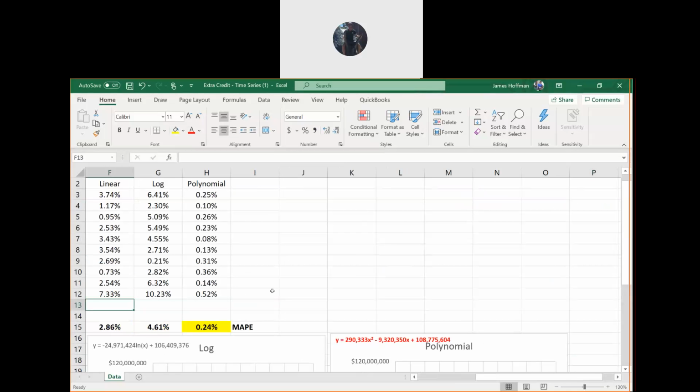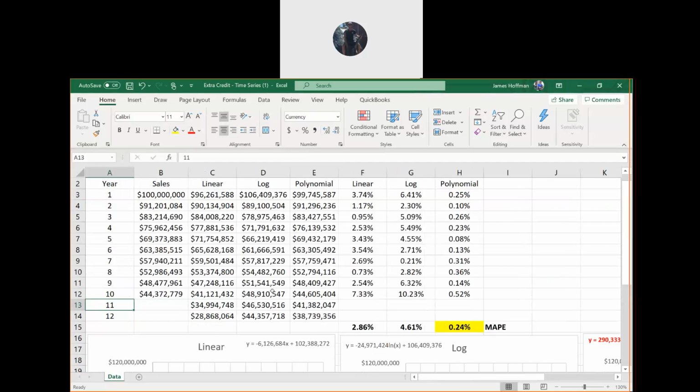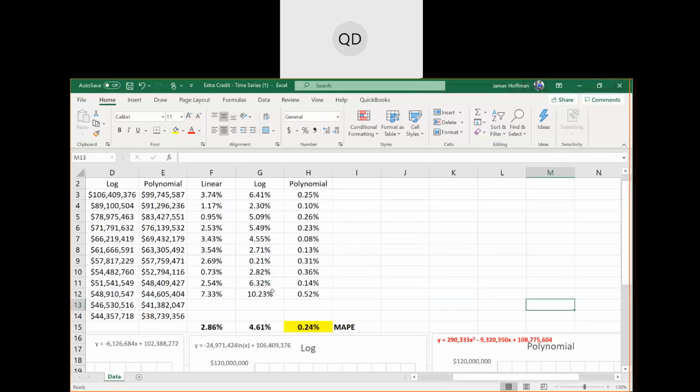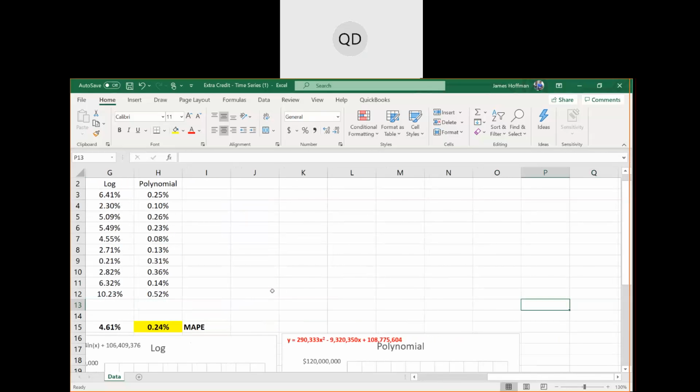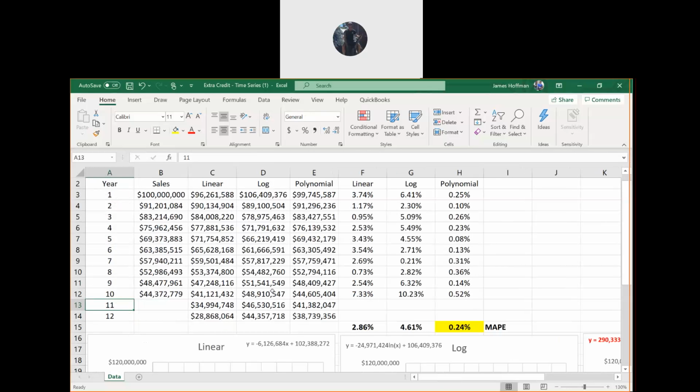Excuse me, Professor. Yeah, yep. My charts changed. I don't know why, but it looks different from yours. Okay, well, maybe the data got shifted or something, but we're almost done, so I can look at yours if you post it. Okay, I will post it. Yeah, post it and I'll take a look, but let's finish up.